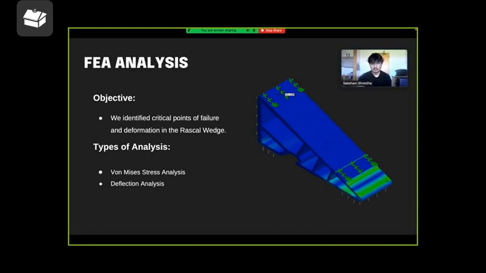We also put boundary conditions, which are fixed constraints applied to the base of the wedge to simulate its attachment to a surface. And for loading, a uniform pressure load was applied on the top surface to simulate typical use conditions during a firefighting scenario. For von Mises stress analysis, the results were that the analysis revealed